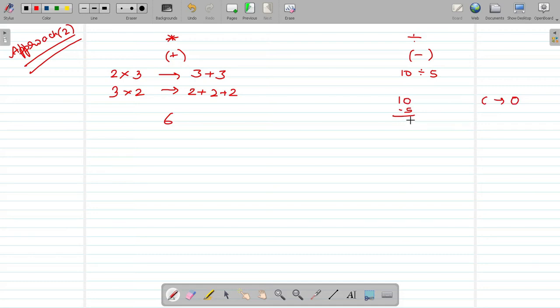I can subtract it, yes, the result will be 5. One subtraction has been done, so I will increment it. Now I can still subtract one more 5 from it, so I will do that, and the result is 0, and since another subtraction has been done, now count is 2. So this is our answer, because now the remainder is smaller than this number. Yes, 5 times 2 is 10, so the result is correct.